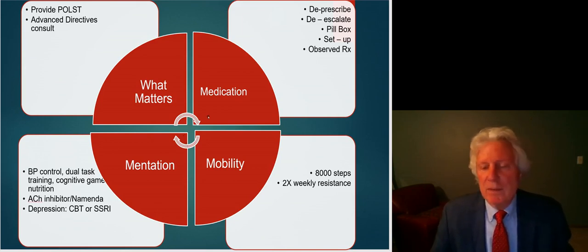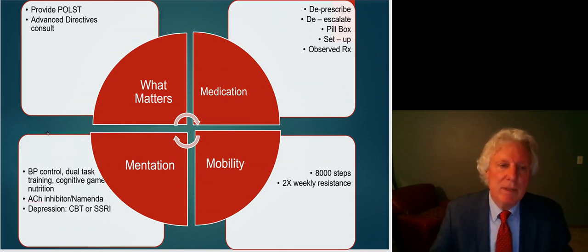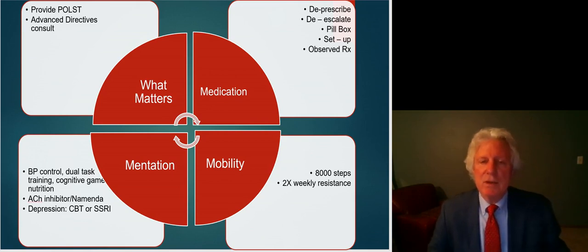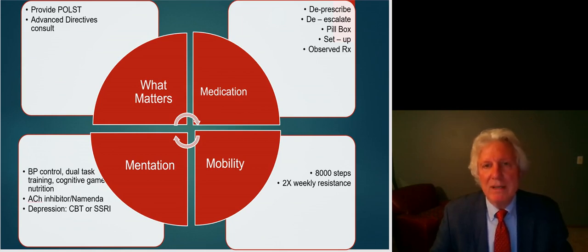about physical activity with the target goal of 8,000 steps daily. They should also be performing twice weekly resistance training, and that may be simply standing up and sitting down 10 times and repeating that 3 times. In terms of mentation, if somebody's screened positive for memory impairment, you have opportunities to talk about tighter blood pressure control, something called dual task training, where you have the individual count backwards while they're walking. That helps improve the spinal cord reflex for fall prevention. They should also engage in cognitive games and, as I mentioned, improved nutrition, leaning more towards the MIND diet or